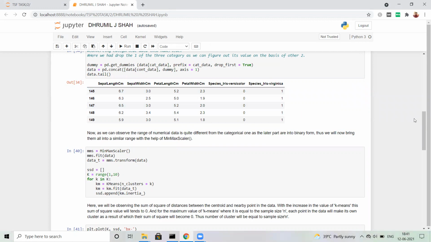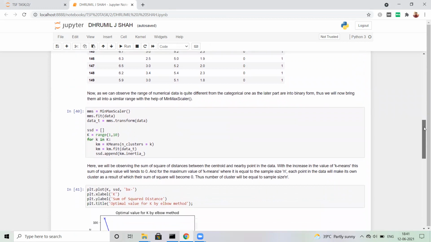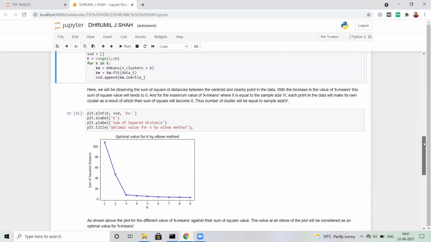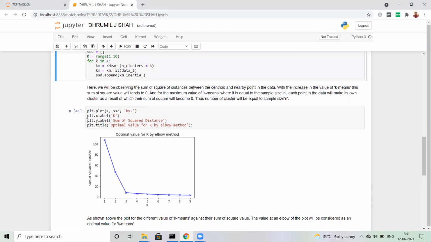So to normalize the scale, we will be using our imported library MinMaxScaler. Here we are initiating the library, and after training our model with our data, at the output we will be getting a normalized scale of each and every variable that exists in our data set.